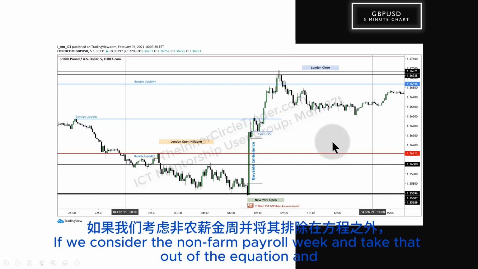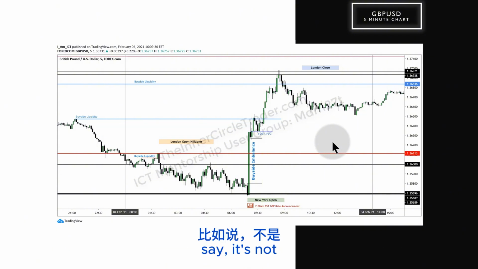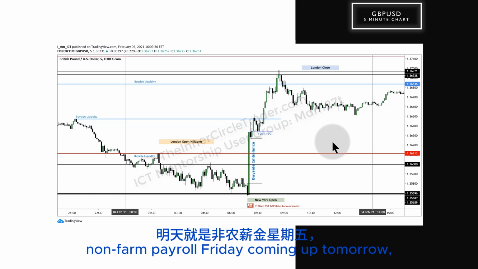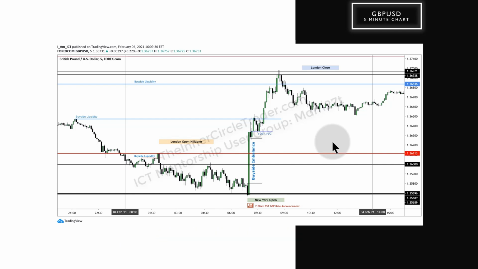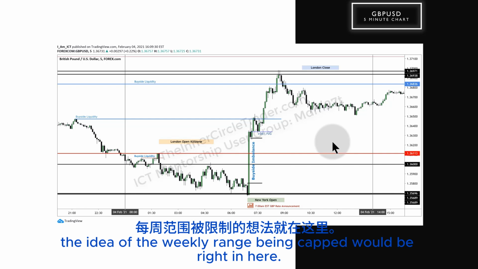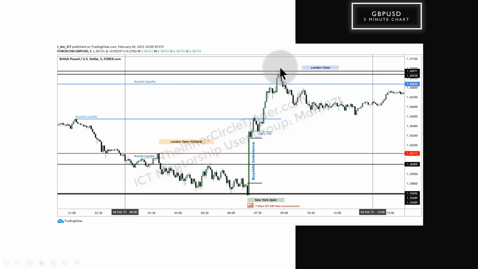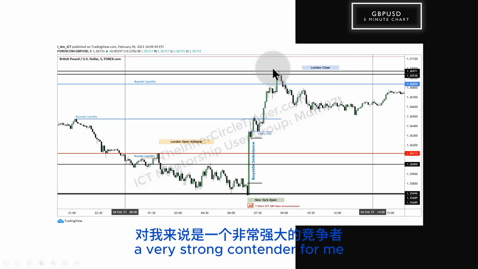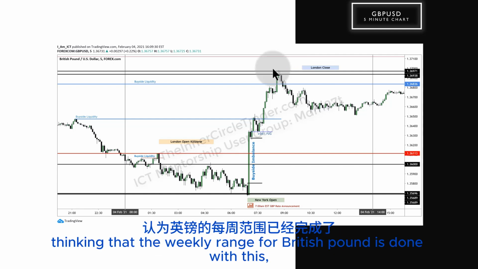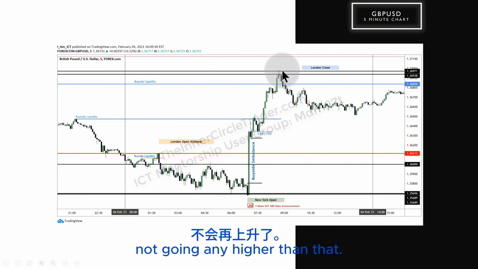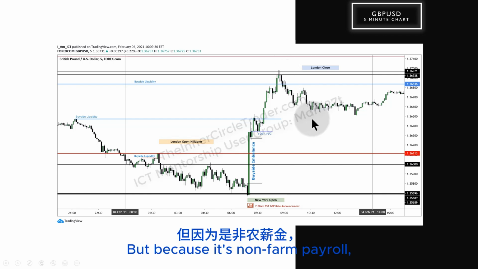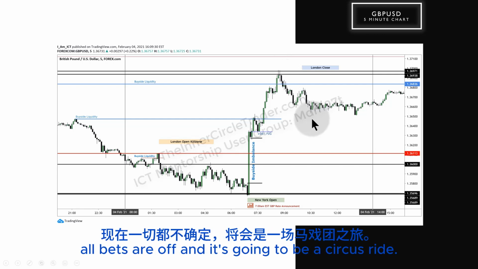If we consider the non-farm payroll week and take that out of the equation, and say it's not non-farm payroll Friday coming up tomorrow, the idea of the weekly range being capped would be right in here. This would be a very strong contender for me, thinking that the weekly range for British pound is done with this, not going any higher than that. All right. But because it's non-farm payroll, all bets are off, and it's going to be a circus ride like